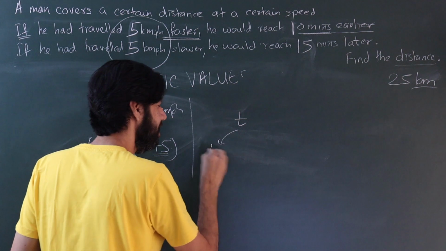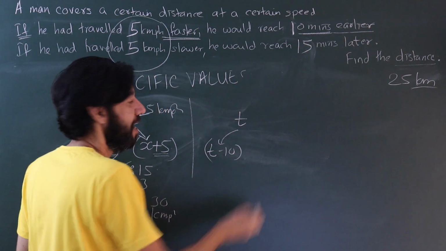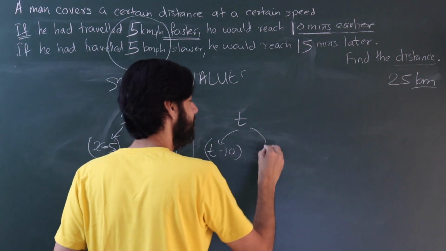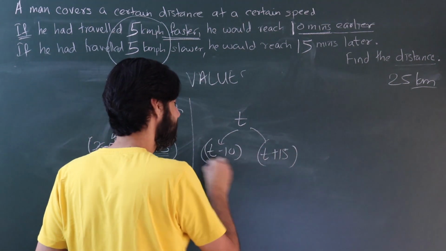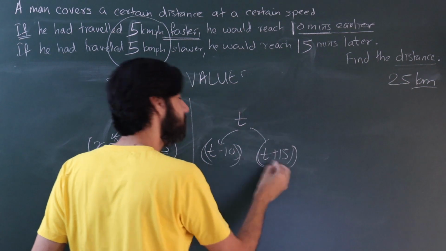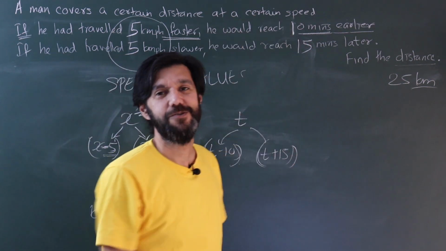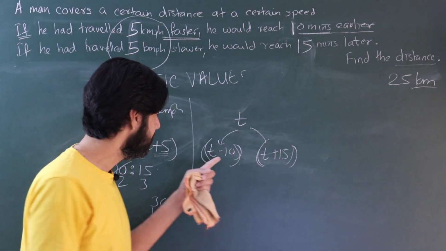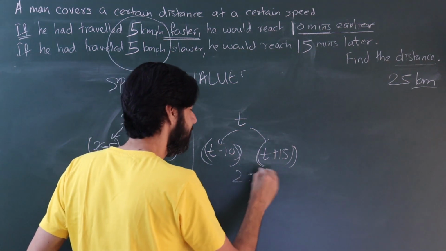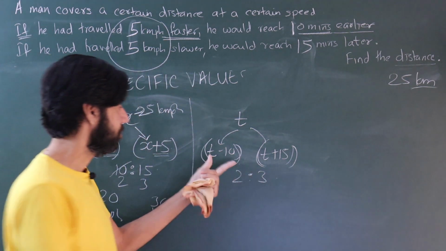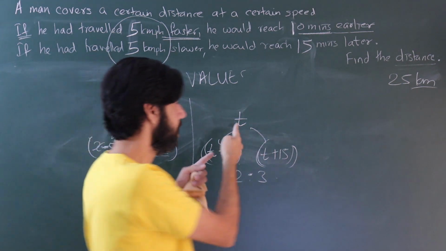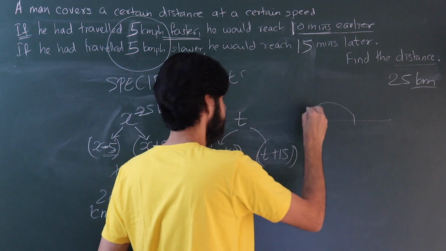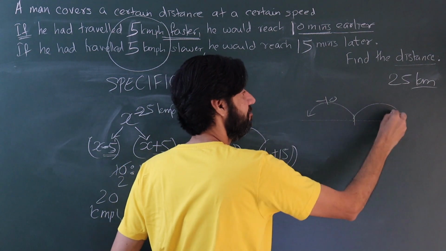Time 10 minutes earlier, t minus 10. Time 15 minutes more, t plus 15. Do you know the interesting thing here? These two are also in the ratio 2:3. Which is 2, which is 3? The smaller one will be 2, the bigger one will be 3. Same thoughts. Do you know what's the difference between them? These are things we should know. There's a reference point. There is something gone 10 less. There's something gone 15 more.